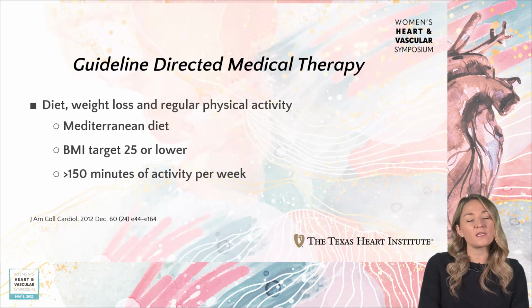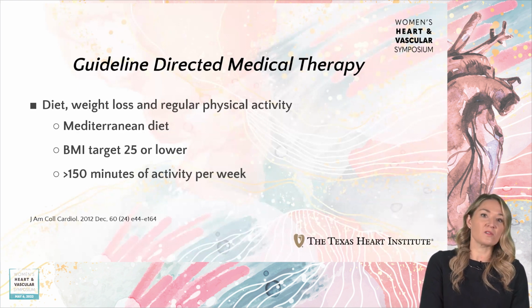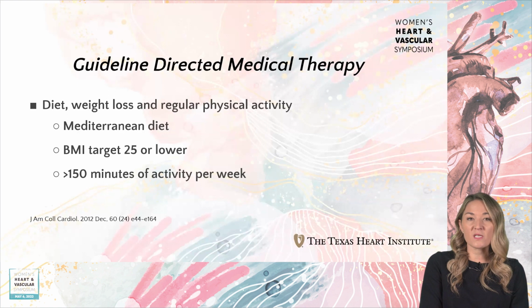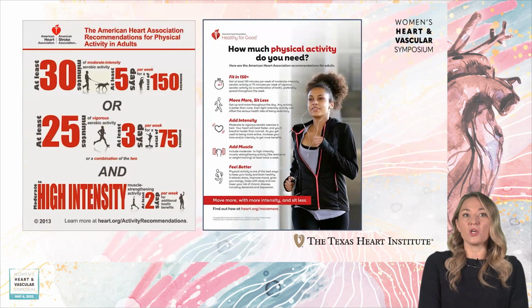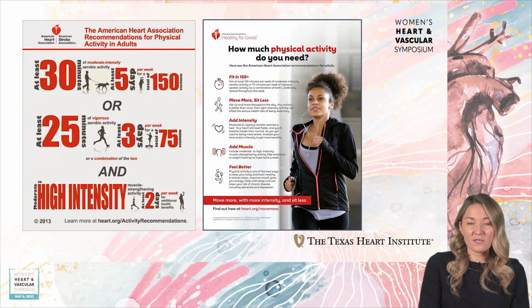And then activity is paramount. 150 minutes or more of activity per week can decrease your risk of stroke and heart attack and death, okay? So this is a no-brainer, even if it's walking. So get up, walk your dog, go for a brisk jog or a brisk walk, or go for a light jog. Whatever you can do to get active is good for your heart and good for your long-term lifespan, really. This is from the American Heart Association here. You can see if you're doing more intense physical activity, you need to do a little bit less, but the more you can get, the better.